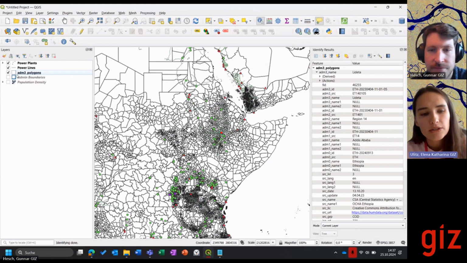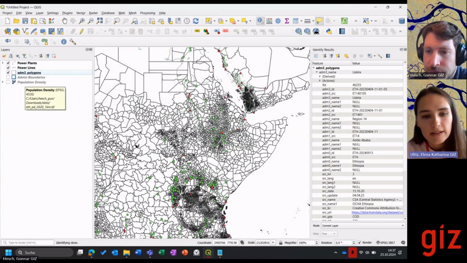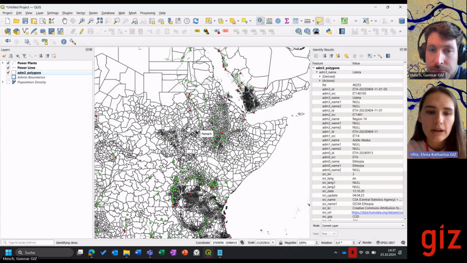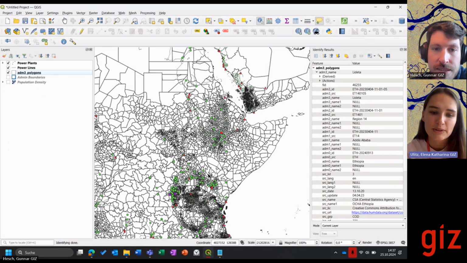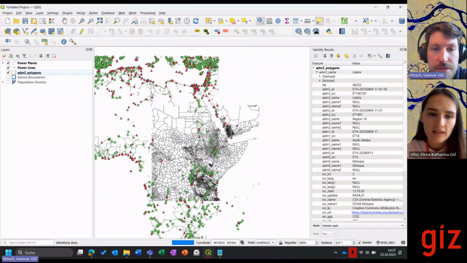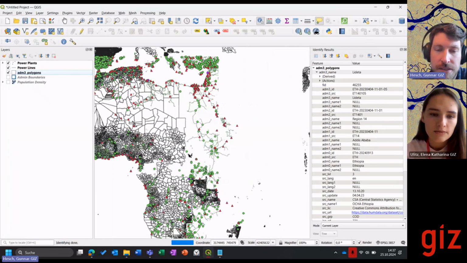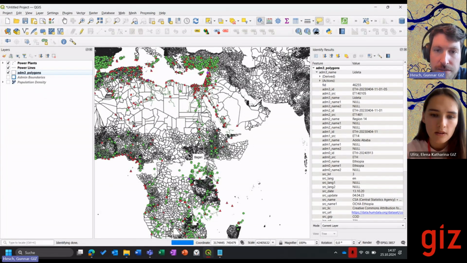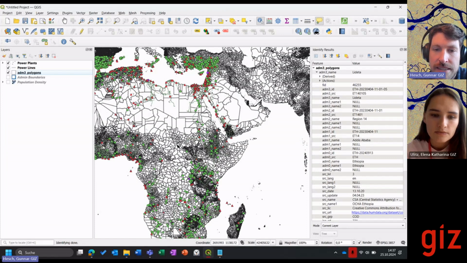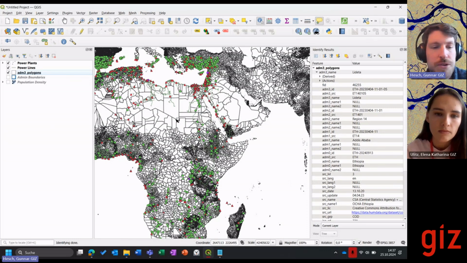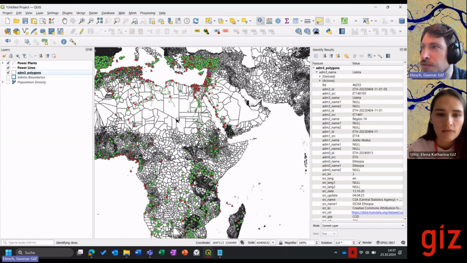I have a quick question. Why in some areas are the polygons very big and in some areas they're very small? This depends a bit on the administrative boundaries per country. Not every country has 3 levels of administrative boundaries. And also the administrative areas are not the same size in every country. This is due to local tradition. This is also due to